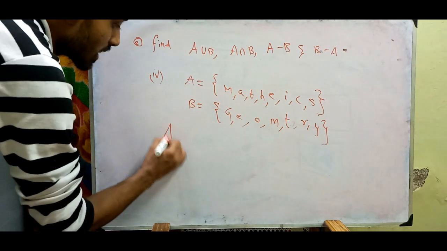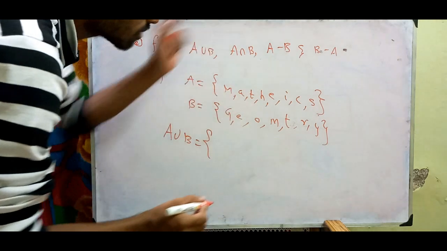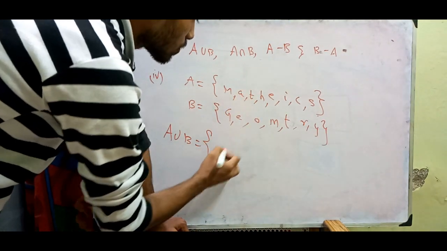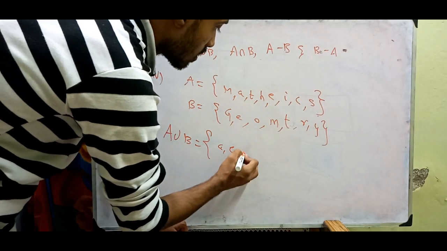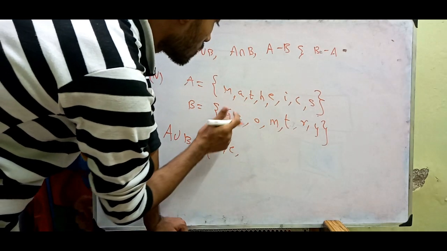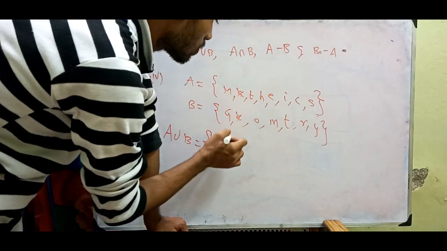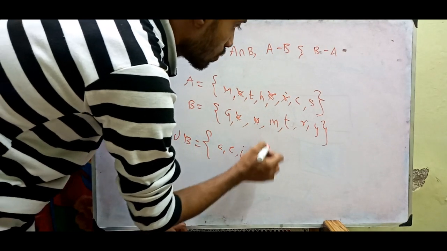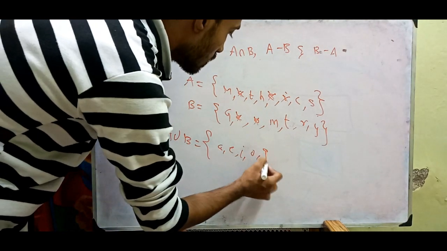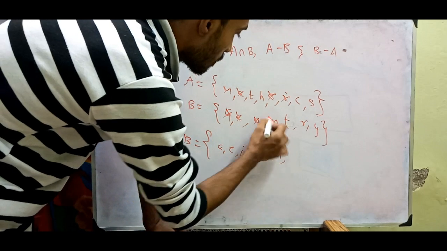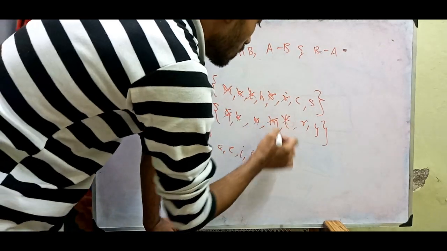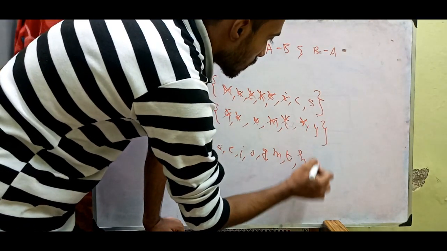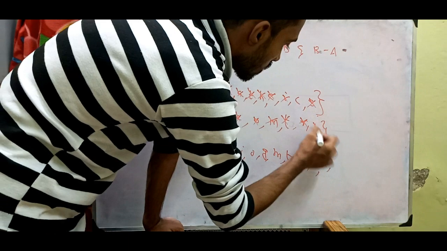Okay, now let us find A union B. A union B is the whole thing, where we have to add all those elements of A and B. You have to connect this. So starting from A, E, then A is over, E is over, again E is over, I, O. I'll just write A, I, O, U is not present here, G, M, T, let us cut it, T, H, R, C, S and Y.